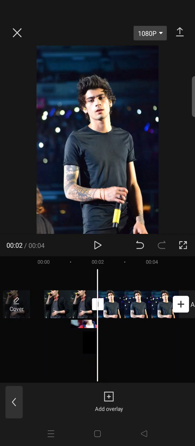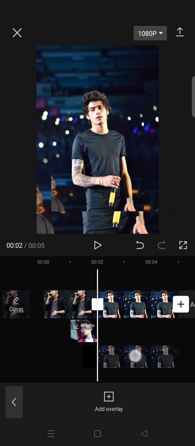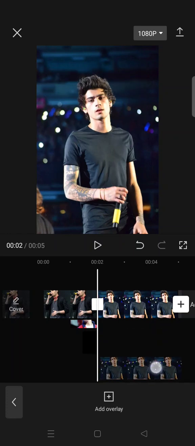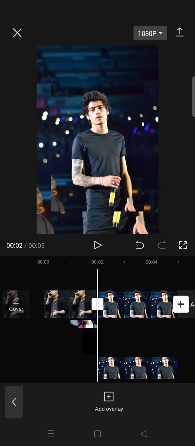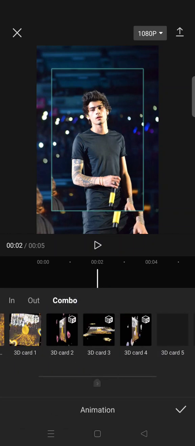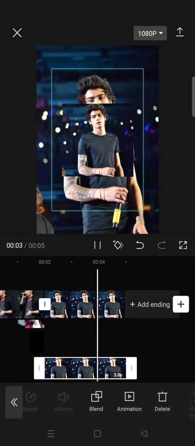Okay, and in here still you need to add the same image as the overlay. Okay, and put it under the black overlay. So in here, so on the overlay, go to animation and now combo and select the angle two animation. Click on the check icon and now